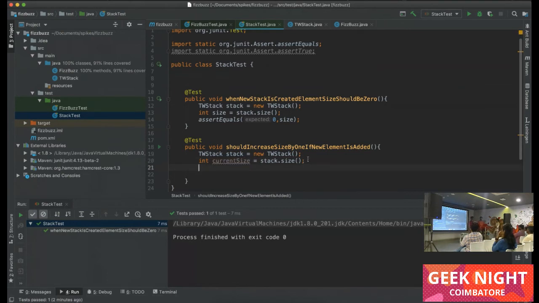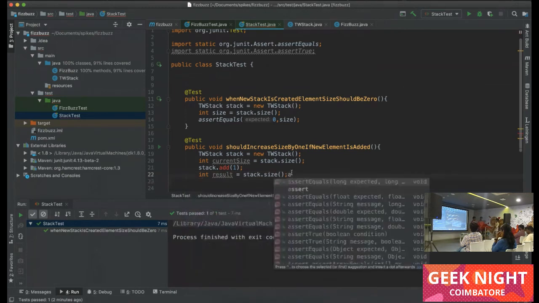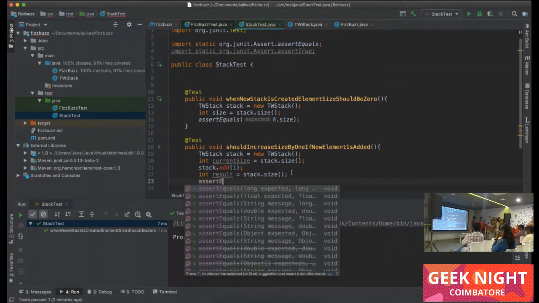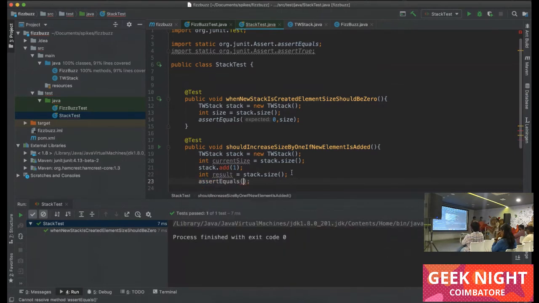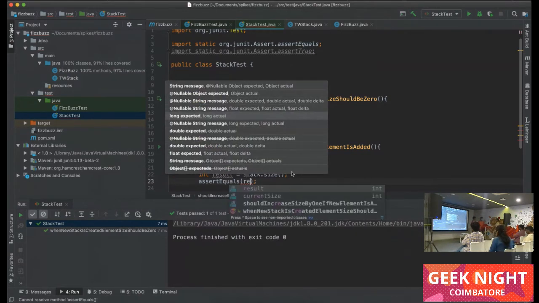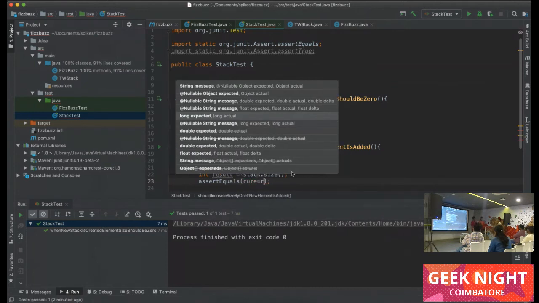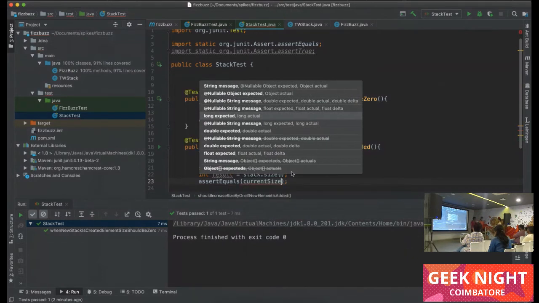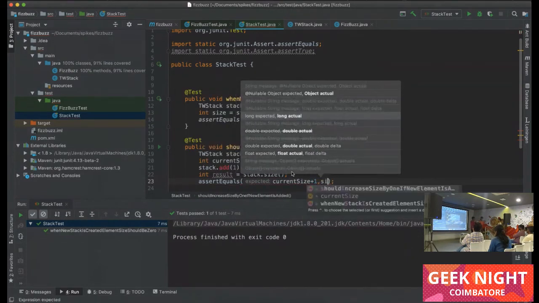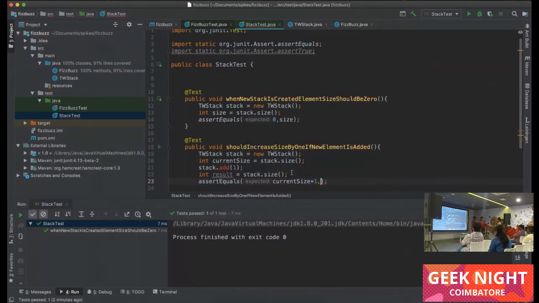You can add one. Assert equals the result.